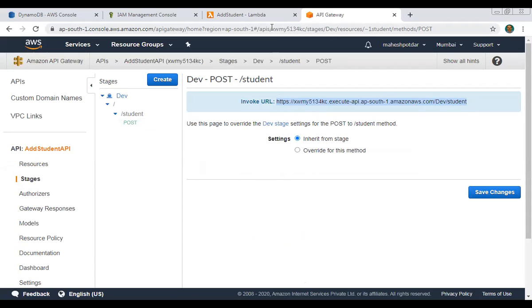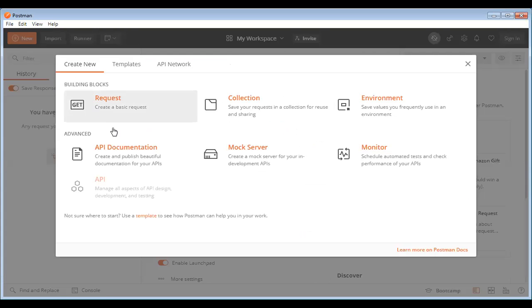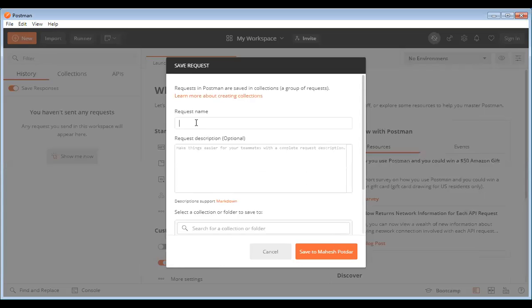I'm sharing the screen. This is the Postman screen. New request; the request name is the add student API.